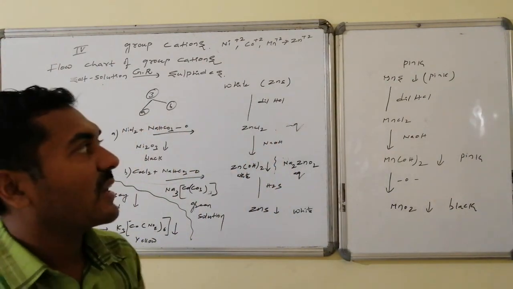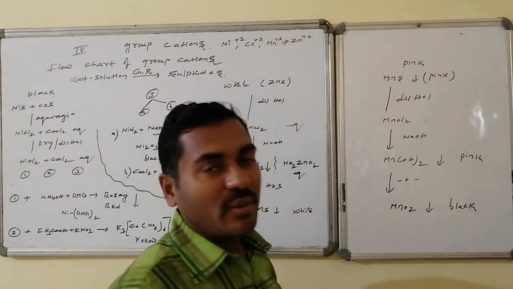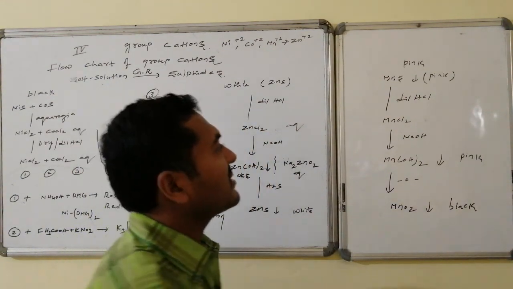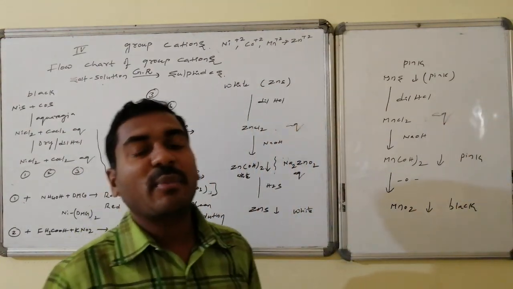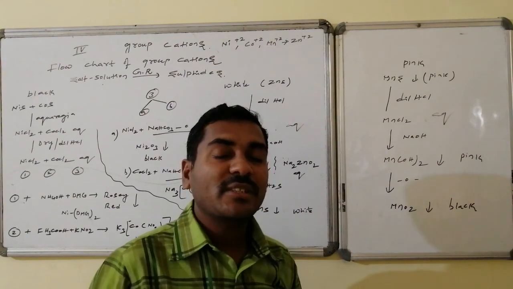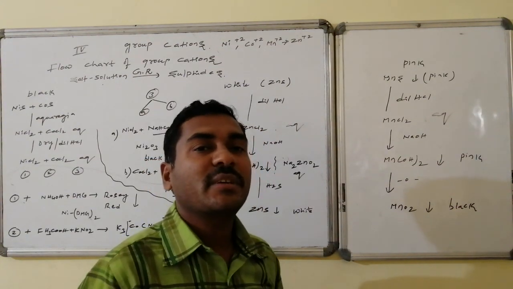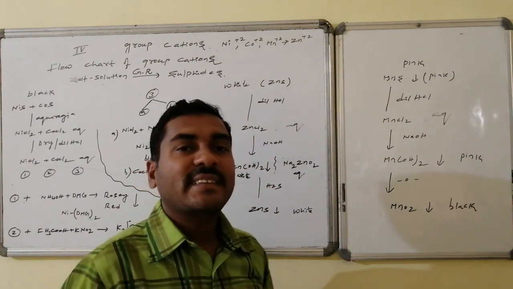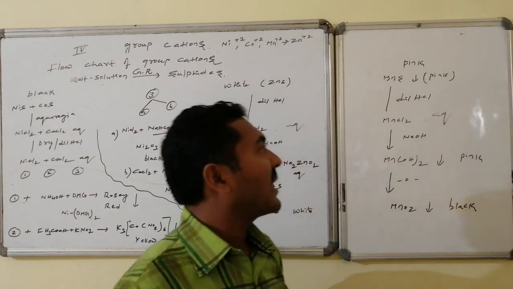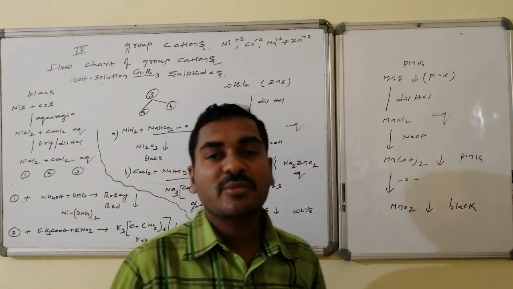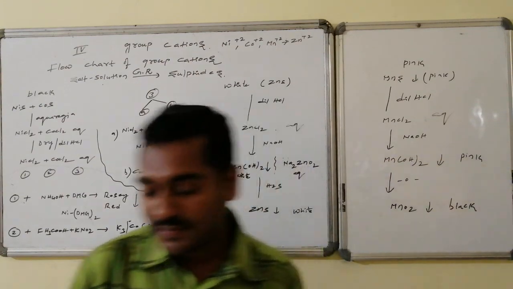And the last one is manganese. Manganese sulfide is pink in color, that on reaction with dilute HCl forms manganese chloride aqueous solution. This is aqueous. Whereas this on reaction with sodium hydroxide gives manganese hydroxide, Mn(OH)2, pink color is present. That on oxidation is converted to manganese dioxide, MnO2, which will once again give black color. This black color precipitate formation confirms the presence of manganese 2+ cation present in group 4.